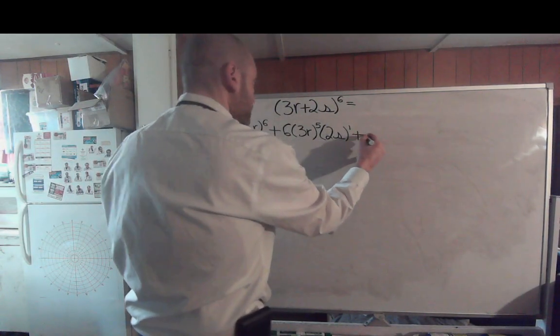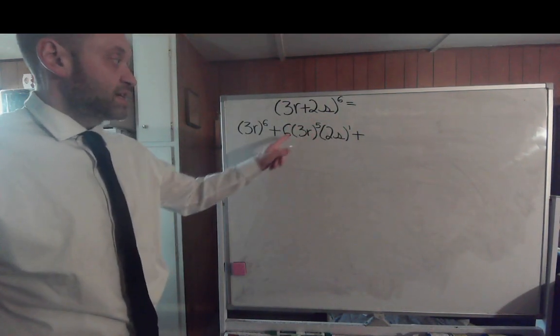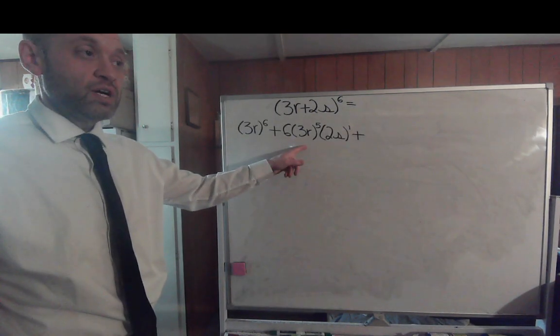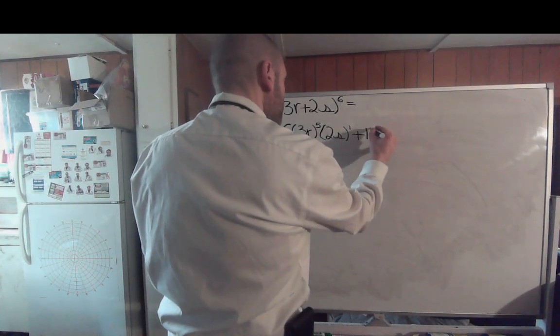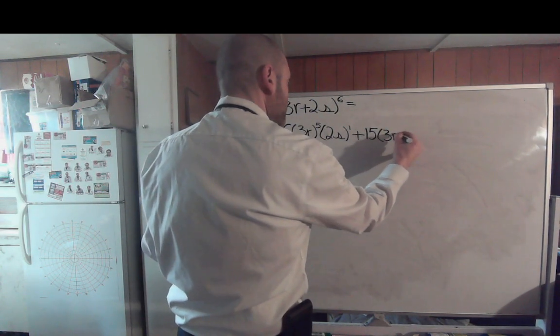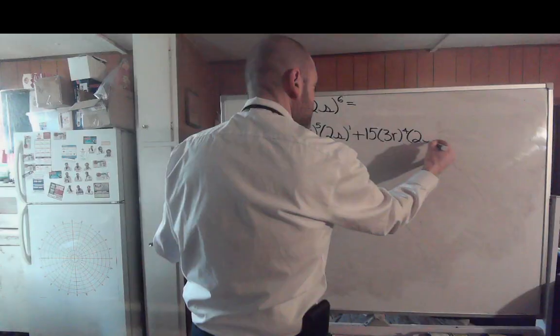Now, to get your very next term, you're going to take that 5 times that coefficient of 6, which is 30, divide by the current term number you're on. 30 divided by 2 is 15. So you'll end up getting 15 times 3r to the fourth times 2s to the second power,